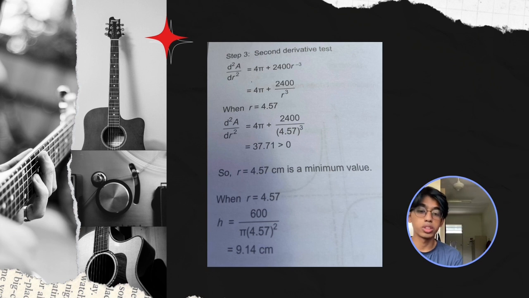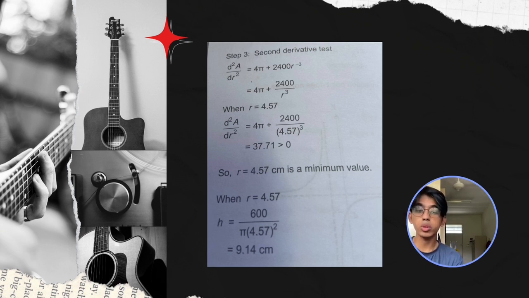We differentiate the equation again, where dA over dr equals 4 pi r minus 1200 r to the power of negative 2. So it becomes d squared A over dr squared equals 4 pi plus 2400 r to the power of negative 3. The r to the power of negative 3, we move back below 2400. So when r equals